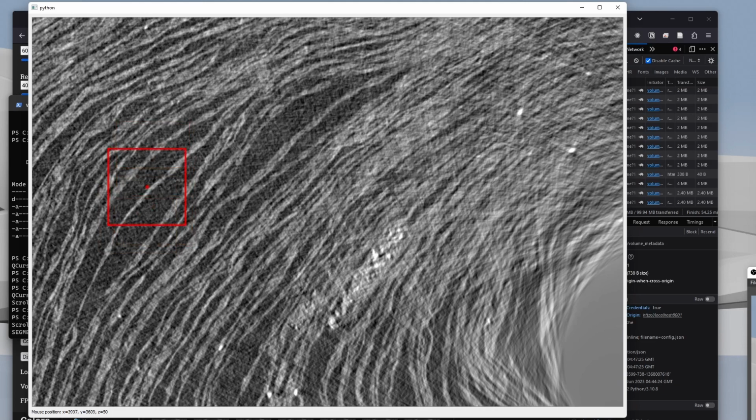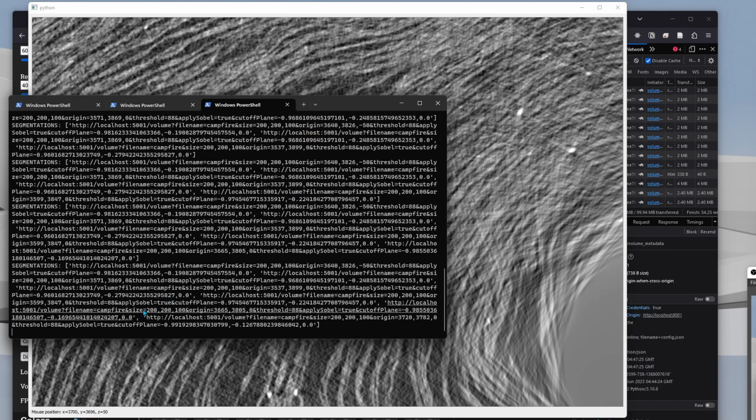So move up to 50 because this creates segment requests, which are 100 pixels tall. They're centered on the Z value here. So make sure you're at Z50. Put your mouse on the segment, press space, move your mouse down, press space again, move your mouse down again, press space again, and so on along the segment. You can do this as many or as few times as you want, but once you're done, we can go back here, and you'll notice that each time we press space, it printed out the list of requests